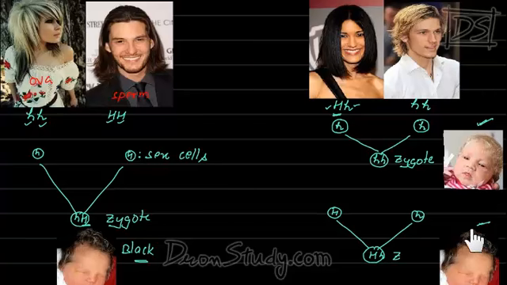Very interesting. But when these two reproduce, you see the hair will always be black. This lady has white hair, blonde hair, but that of her child will always be black. Why? Because from the male it will always be capital H, and from the female it will always be small h. These two together will always make this genotype only, and this capital H will always dominate, and thus it will always be black hair.